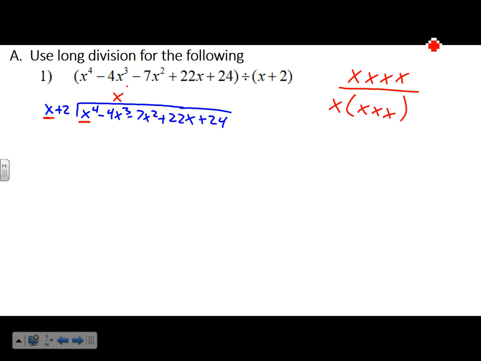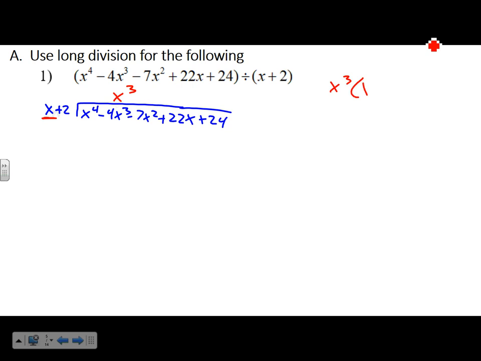Now I put my x to the 3rd above this x to the 3rd. That way everything kind of seems organized. So that's what we do every time. What would we multiply this x by to get x to the 4th? So we multiply that by x to the 3rd. So now we go back and we actually do multiply that out. So we take x plus 2 and multiply that by